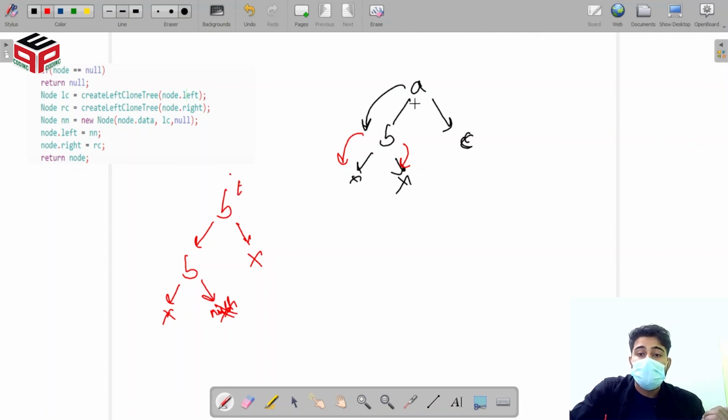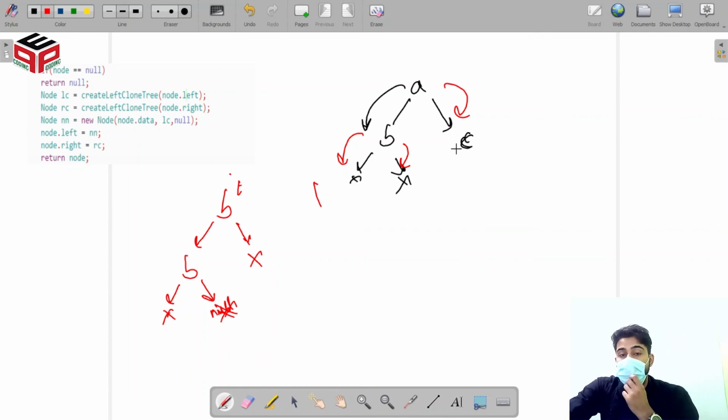Okay, now what the A will do, A will say I don't know how to clone my children, so my right children will clone themselves. So we move to the C. You can see here we move to the right hand side. So C will say that I don't know how to clone my children, but I know how to clone myself. So we order him that just order your children to clone themselves and clone yourself and update your links with the children. Okay, so C clones itself,